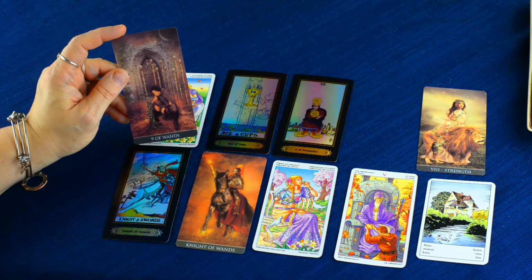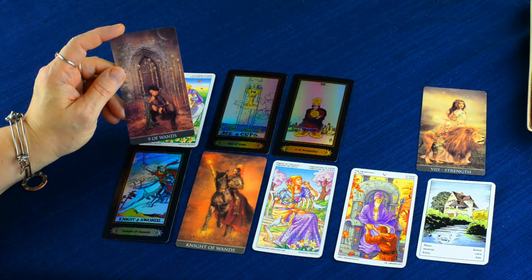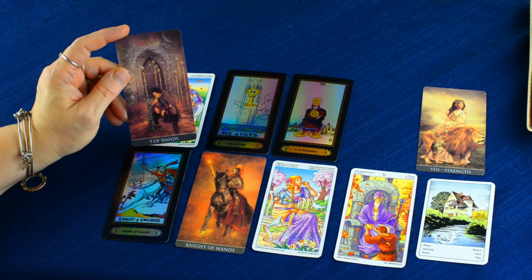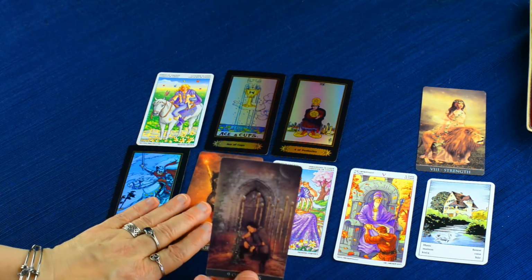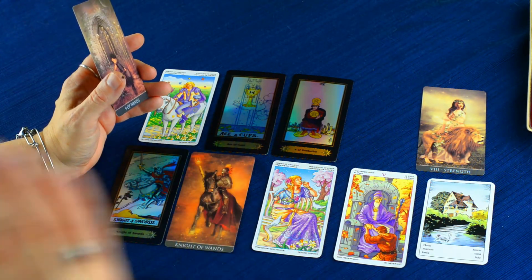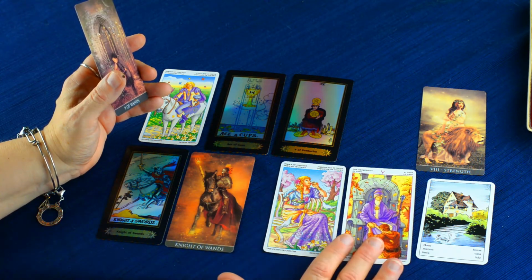Because the Wands cards are all about our passions and our spirit and our fire and things that we really, really care about. But this Nine of Wands has slightly different energy to it. So even though you guys might have some new ideas coming to you over the next couple of weeks, and you might even get kind of fired up about something, kind of shown by the Knights here, because we also have the Princess of Cups here too,